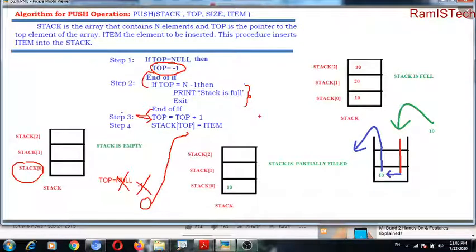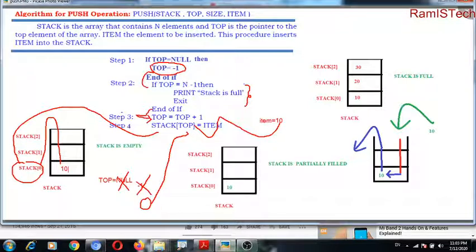Now item, suppose I am considering item as 10. So the 10 value we are moving into stack of top. If you move the 10 value, it will be moved to this memory location, so the 10 will be placed here.